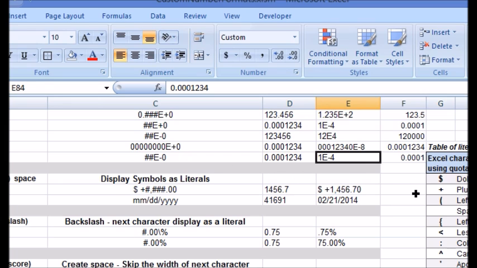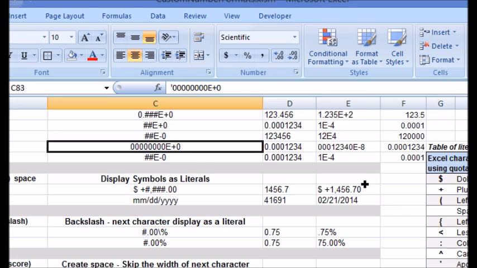So this is formatted as 1e minus 4, and if we check the format, 1e minus 4 is 1 into 10 raised to the power of minus 4. So this evaluates to 0.0001, whereas the actual number is 0.001234. So if we increase the number of significant digits here,